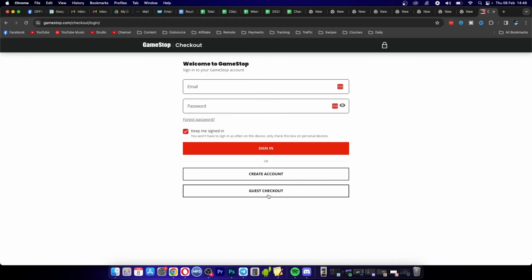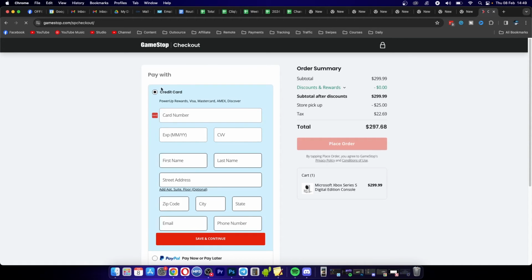Alternatively, you can just use the guest checkout, which I'm going to do right now. So I'm going to click on guest checkout. You can also create an account from this page. Clicking onto guest checkout, and then you can see you need to enter in your card number, but basically if